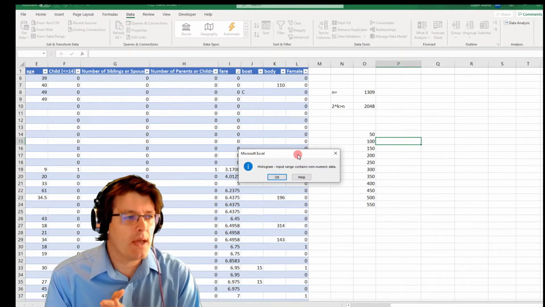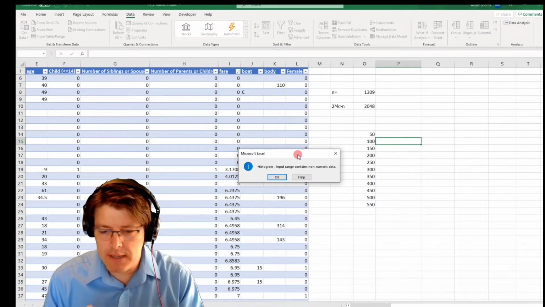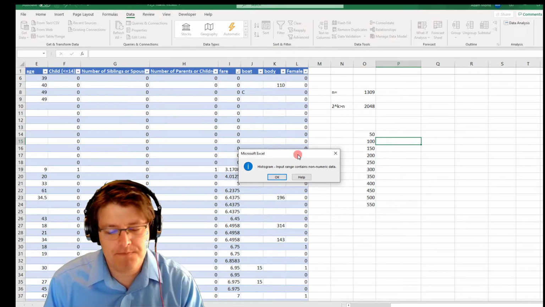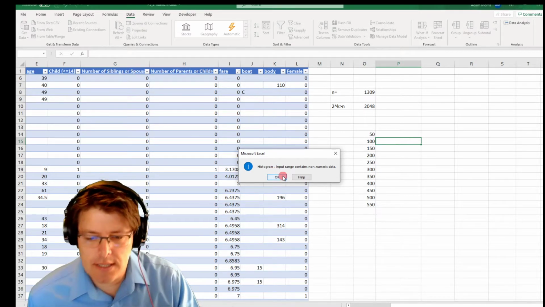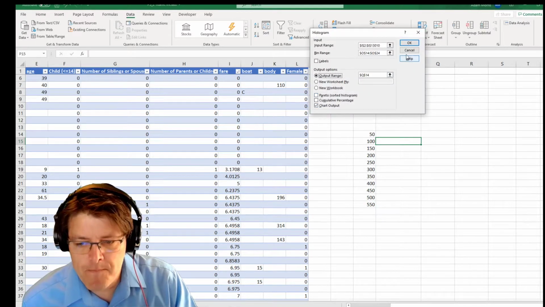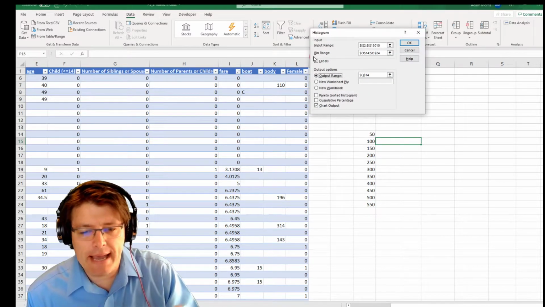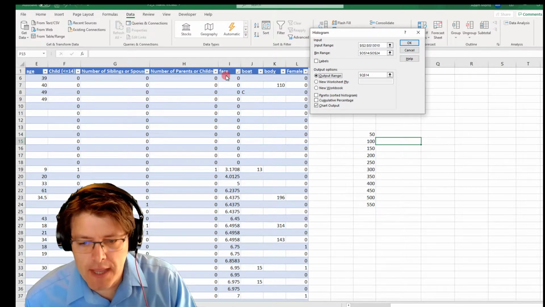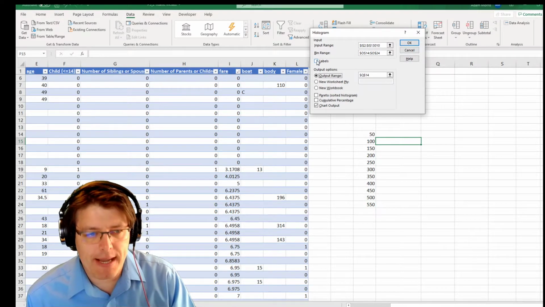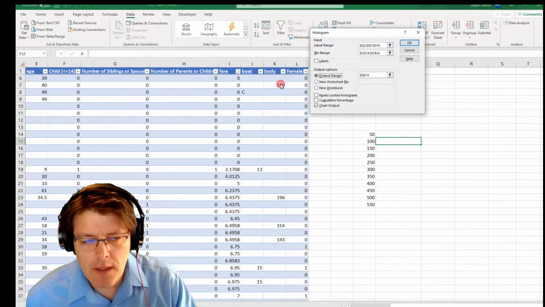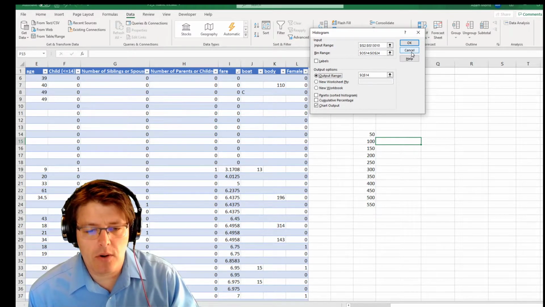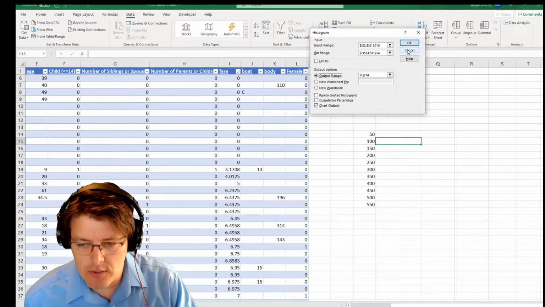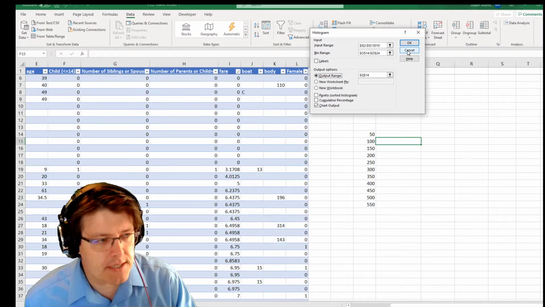Okay, so I'm getting an error that says histogram input range contains non-numeric data. I have something that's not a number in this data. Initially, you might think, well, maybe I have the label up here selected. And if you did select the label and didn't click the label box, it would likely also yell at you. But, and this is going to be true for your problem set as well, or I think on age there's some of this too. But remember I said there was somebody without